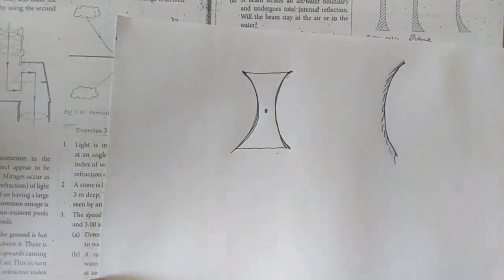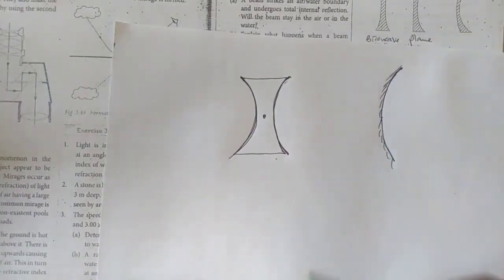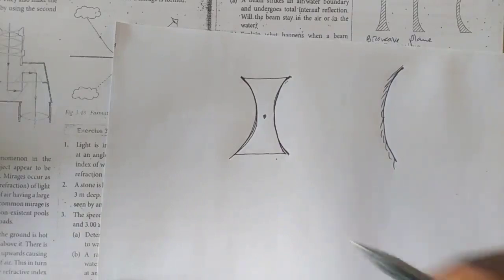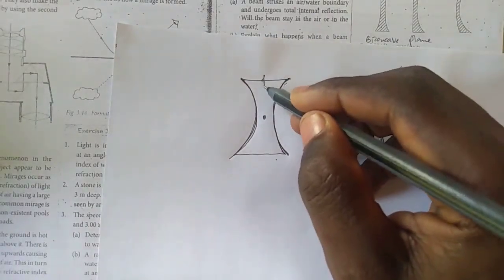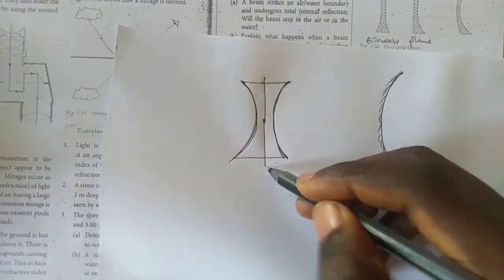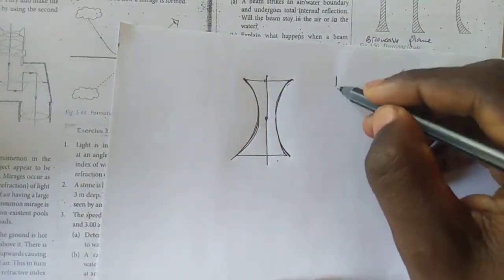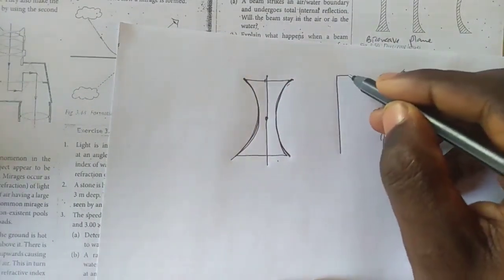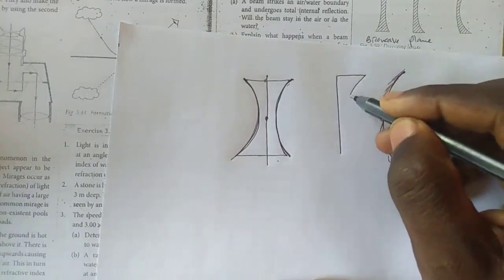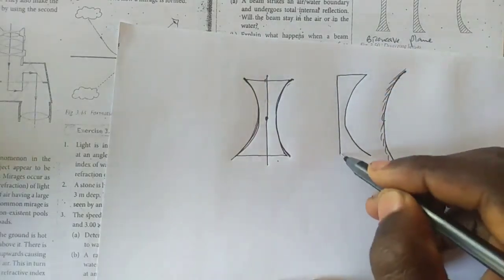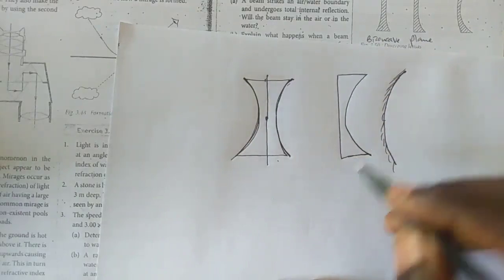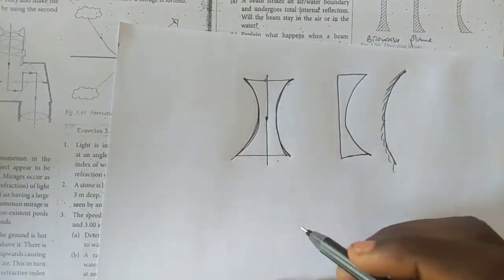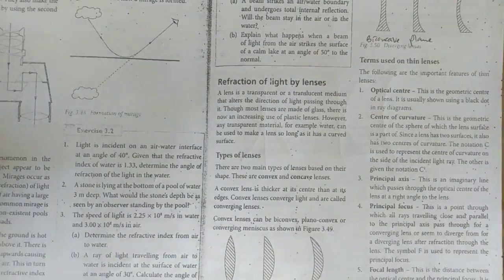Na concave lens zina categories. It can be biconcave, it can be a plano concave. Plano concave manake hapa katikati panakuwa pana plane ambayo inakuwa straight up, baada ya hapo huku kuna surface kama ile pale. This is known as the plano concave lens. Lakini pia kuna nyingine ambayo inakuwa ni kuna biconcave, kuna plano concave pamoja na